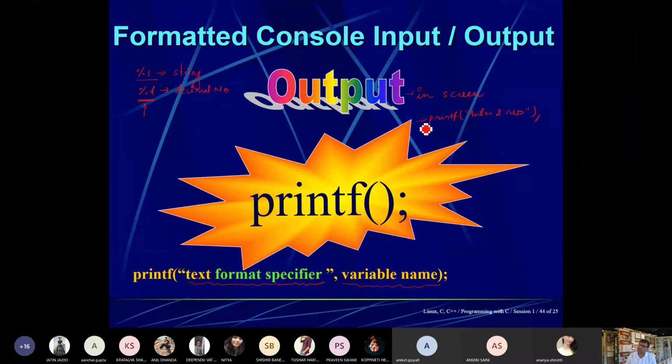So this type of output is used for taking input. Taking input here means it is just displaying a prompt for input.